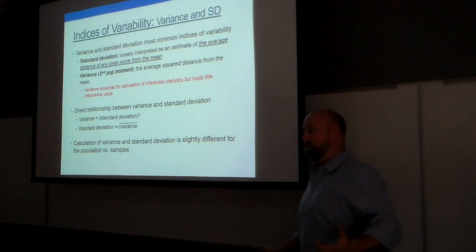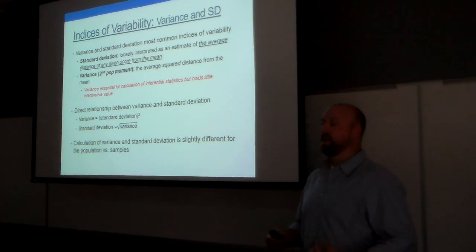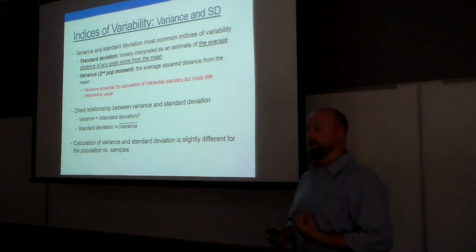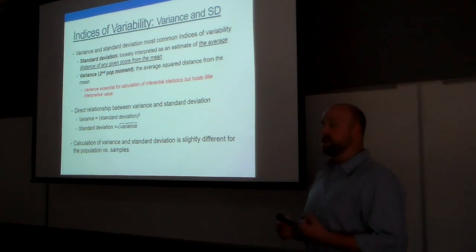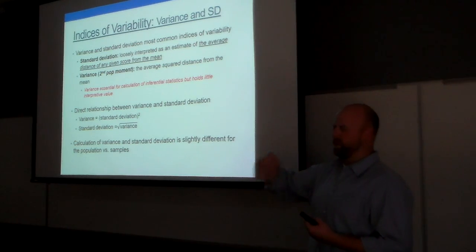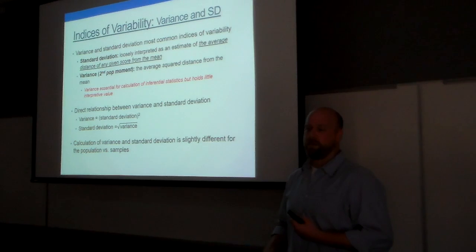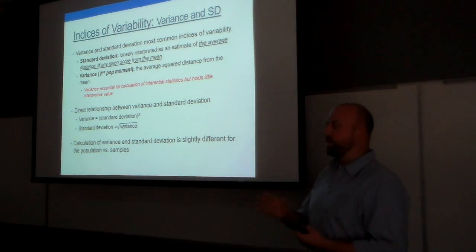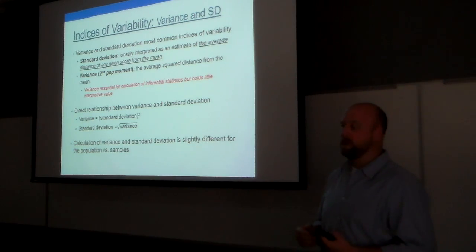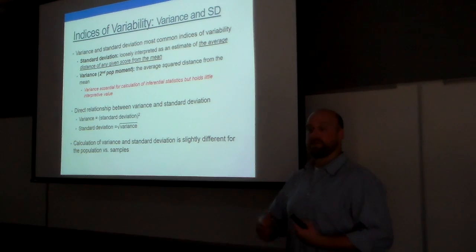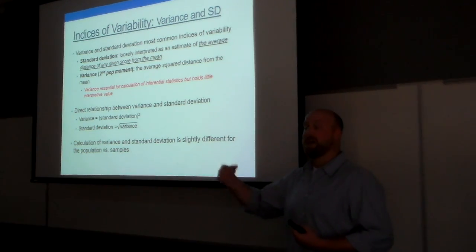So if I say, here's a distribution. The mean is 50, standard deviation is 5, right? What I'm saying is, on average, if I were to pick scores blindly from a hat, I would expect those scores to be about 5 units away from the mean. Now, some of those are going to be much closer to the mean. Some are going to be a lot farther away. But on average,